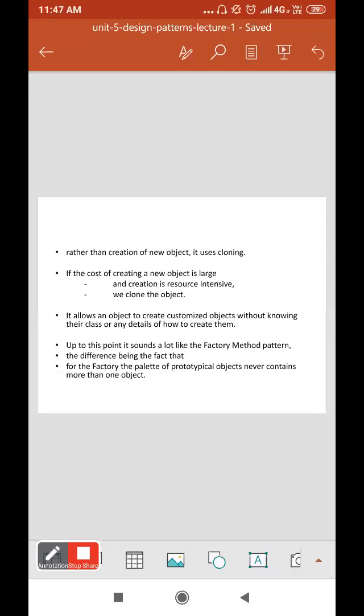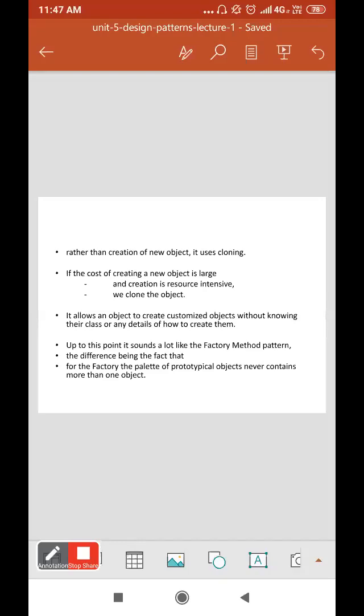Means we don't need to create new objects, but whatever we have cloned or duplicated, we can use for further execution or further design making.